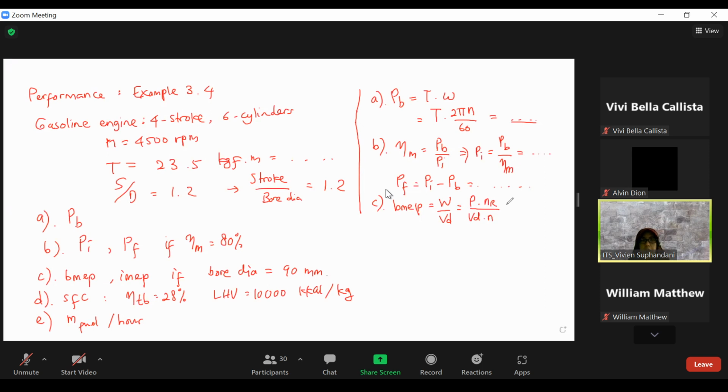Yeah, so that will be N, like this one. So this is the rotational speed. Or we can write it down as, because the power here is this one. The power here is this one. So that we have T times 2 pi N